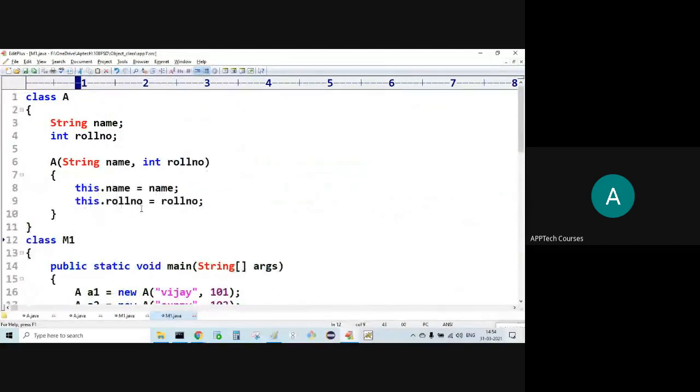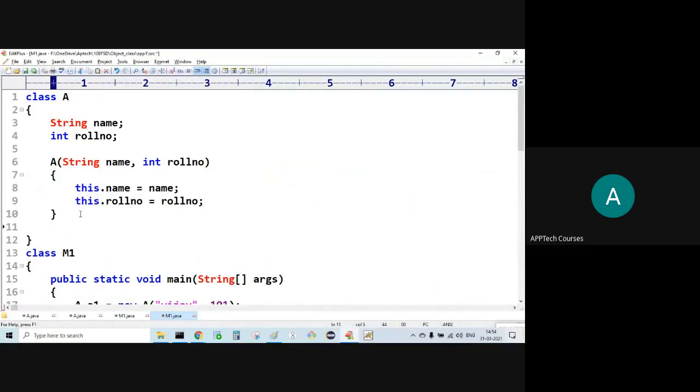Now, observe. How to override the toString method? Public, return type is String, toString.